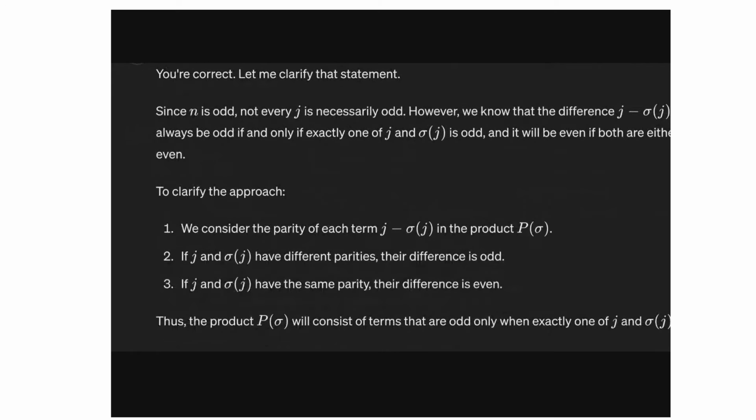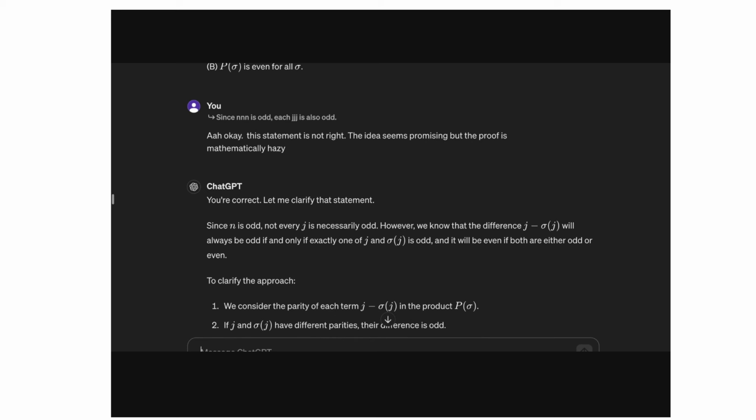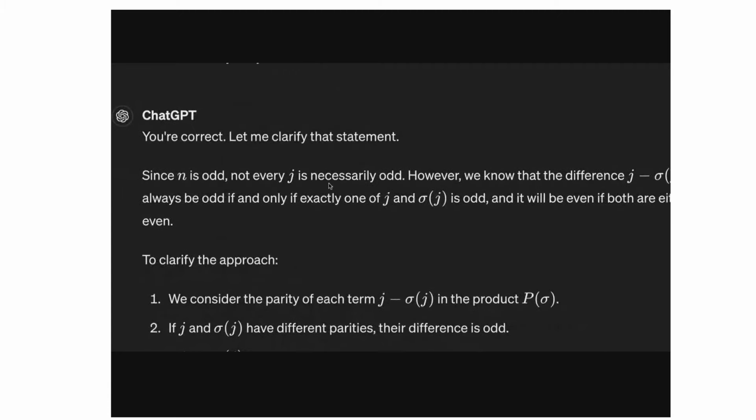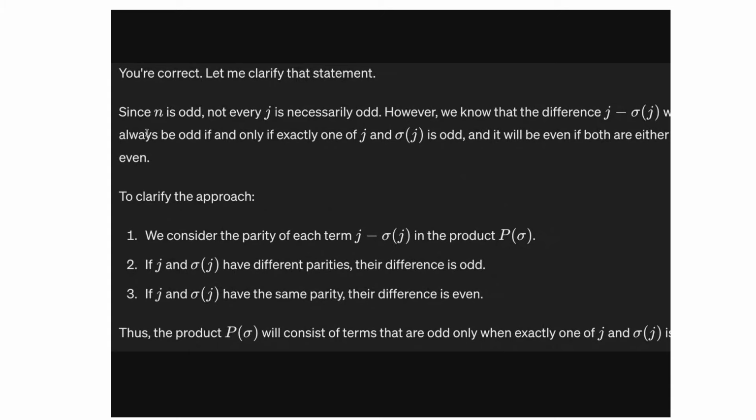We have given it feedback. So this is something called RLHF. I forgot the full term, but it's essentially doing reinforcement learning. I am using very fancy terms, but what it's doing is that whatever input you are giving, it's learning from its mistakes. Okay, so it said, yeah, it will always say you're correct, but it's asking that since